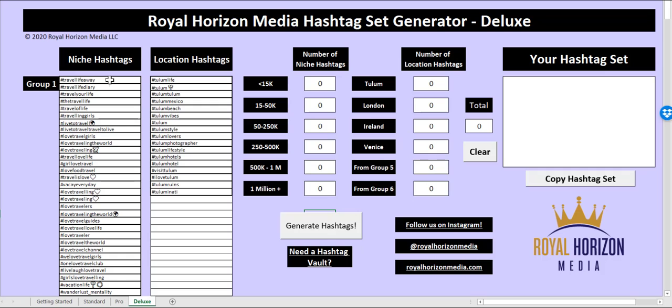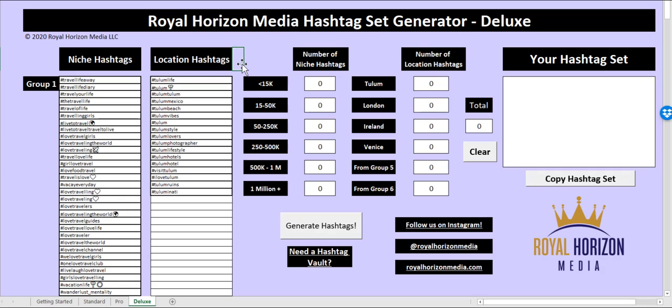In our example here, we have our travel blogger niche hashtags in column C for all 6 groups. And then column E, we have location hashtags. We have Tulum in group 1, London in group 2, Ireland in group 3, Venice in group 4. Groups 5 and 6 are currently empty.